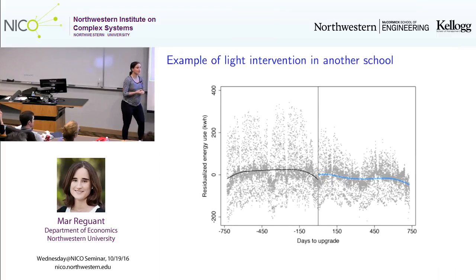Yeah. Can you comment on the power sources? How much gas? Were there transitions where they switched from electricity to gas? So we have the gas data. We haven't incorporated it yet, but we know whether a school is heating with gas or with electricity. Our expected savings measures, for example, do take into account the spillovers between gas and electricity. But for now, the analysis is still work in progress and it's only electricity. But potentially we can do it. For gas, we wouldn't have the day-to-day, but we would have the monthly gas bills.